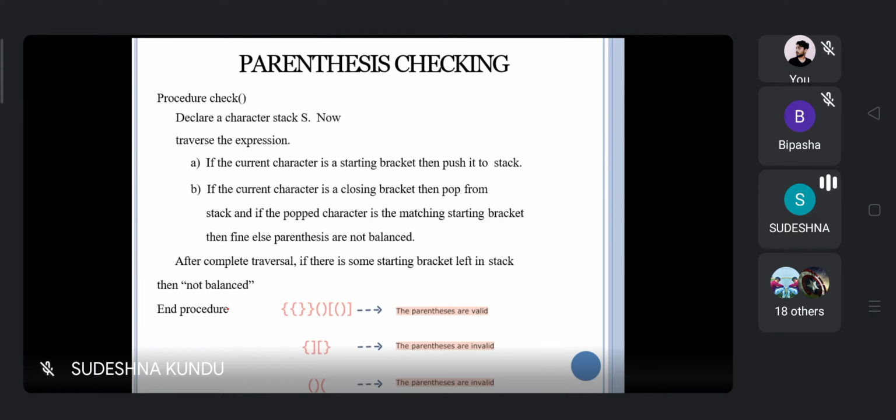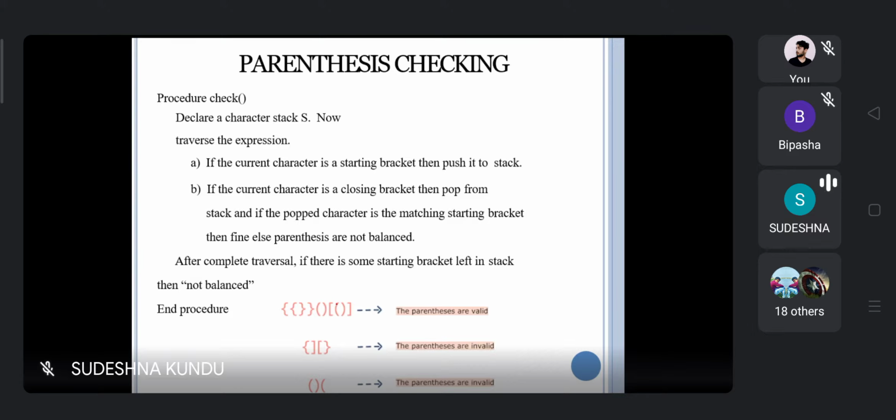Suppose some valid parentheses are given. If you open some parentheses, you have to close them.